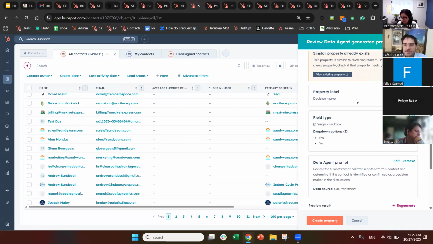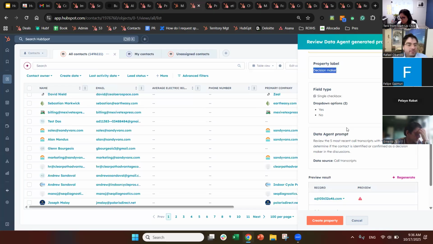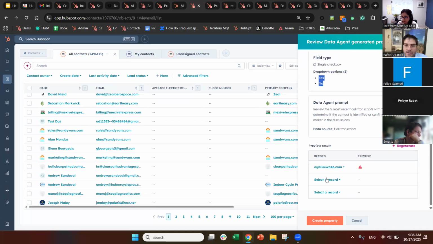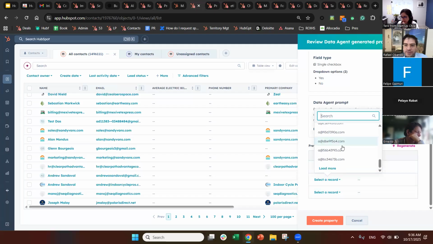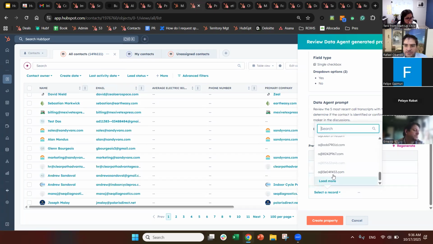It gives you the property that you can create. So in this case, the property label: Decision maker, made sense, didn't hallucinate. Field type, single checkbox. Drop down options, yes or no. And I will be able to preview. Of course, it's not identifying the different contacts because these are fake emails. But if I had like, let me see,